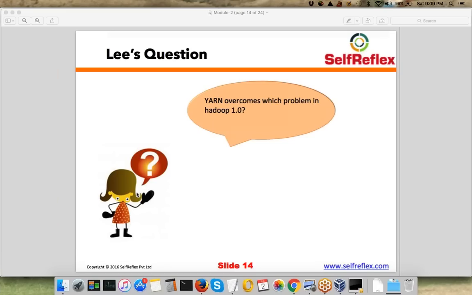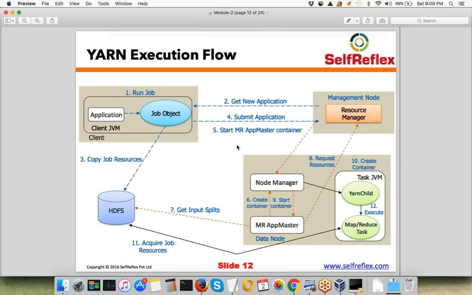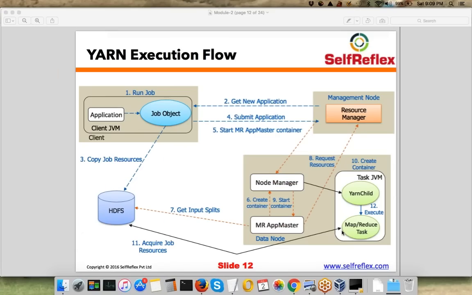As I said, the job tracker used to manage all the applications and all the tasks of those applications. There was a single process running on the master node that used to manage every application in the cluster and every task corresponding to every application in the cluster. So for example, whenever a task within an application fails, that particular app master will come to know about it and will relaunch that task, because one app master is just monitoring all the tasks of that particular application.